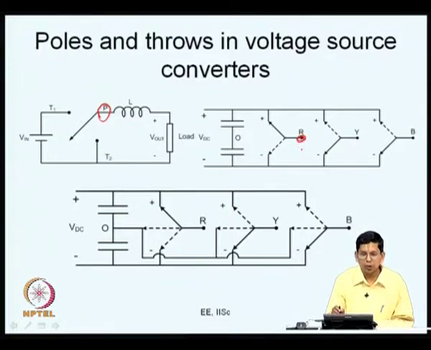The average pole voltage can be anywhere between the voltage at the top throw and the voltage at the bottom throw. So, that is anywhere between plus VDC by 2 and minus VDC by 2 measured with respect to the DC bus neutral. If you take a multi-level converter, or a 3-level converter to be precise, once again